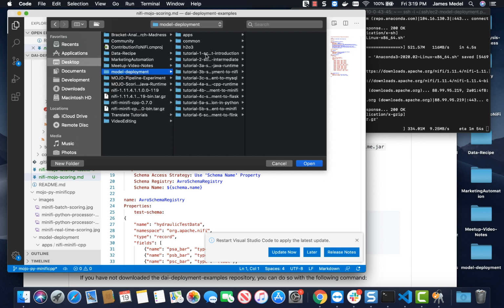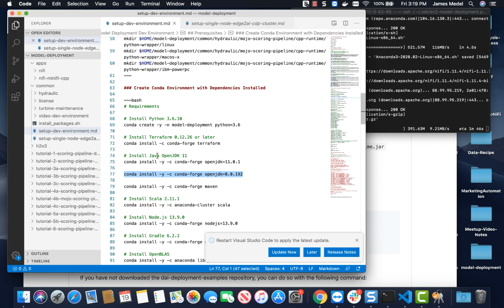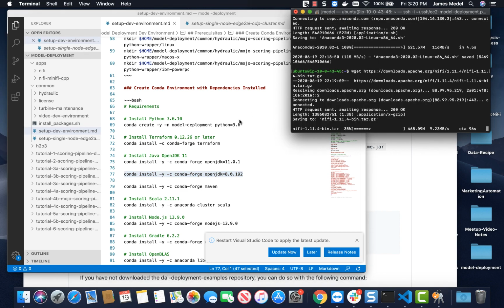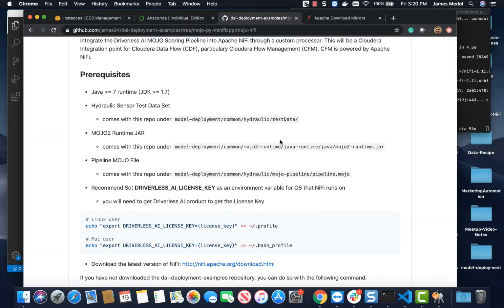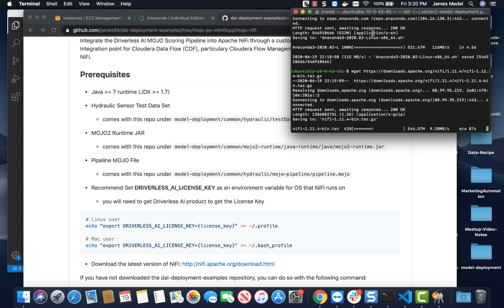This folder has some of my install packages, the commands to install packages for our environment. So while we wait for this to finish,